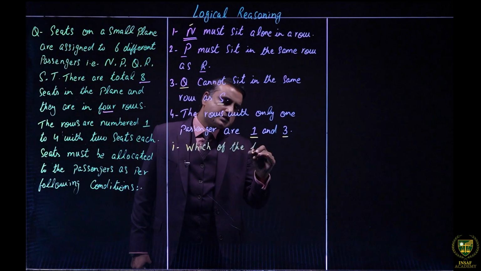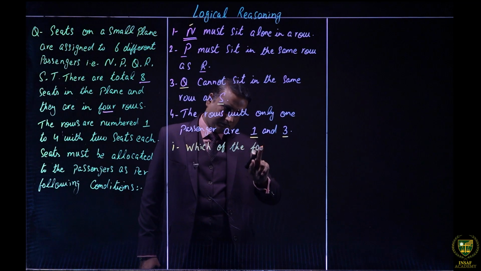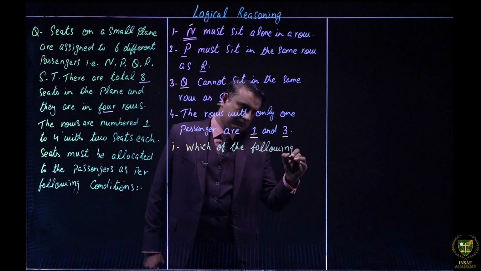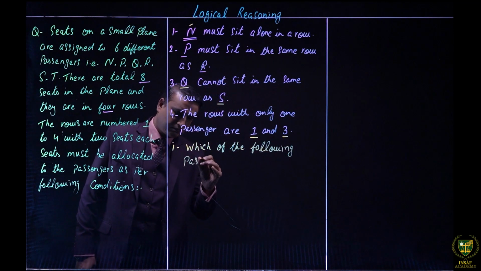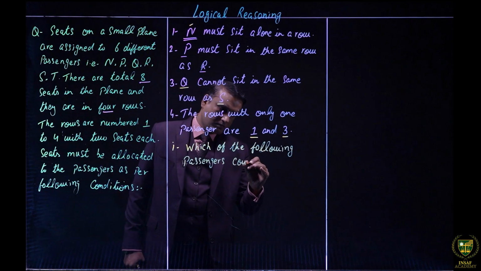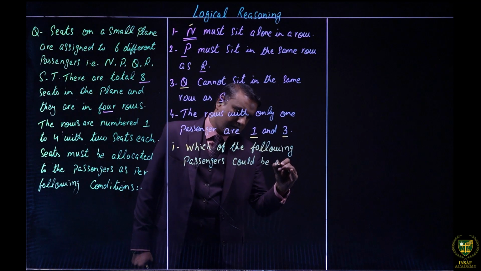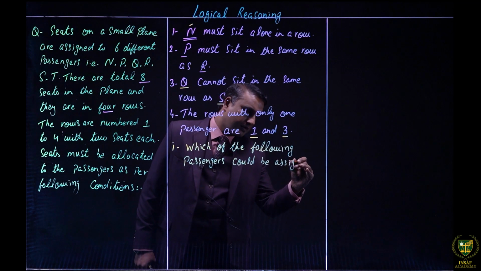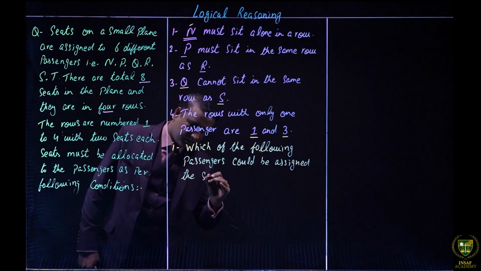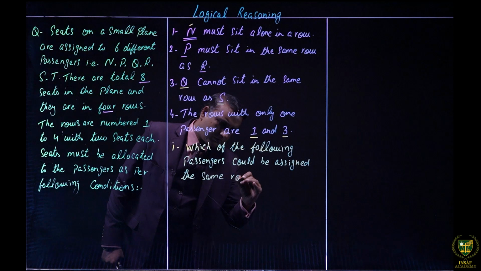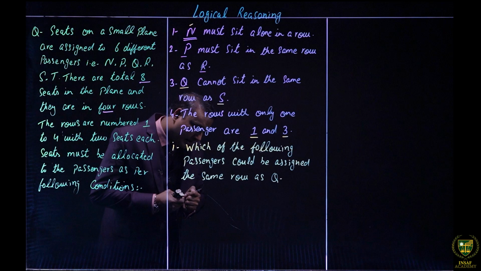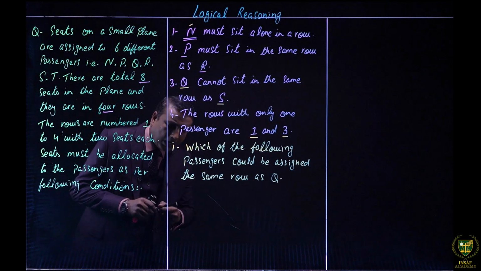Which of the following passengers could be assigned the same row as Q? And the options we have are